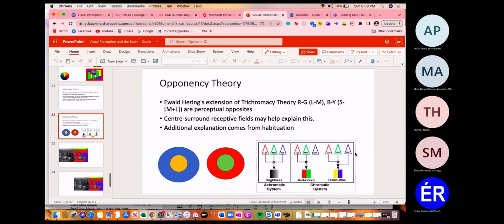And then if you get its corresponding blue cone in the periphery of the receptive field, this is going to cause inhibition on the overall cell. And of course, then this cell, which is sending these, quote, yellow inputs, is going to be inhibited, and then you get an inhibition of yellow overall. Okay, sorry, that was very wordy. But hopefully we can see what exactly is meant by this opponency theory and how these colors are opposites by